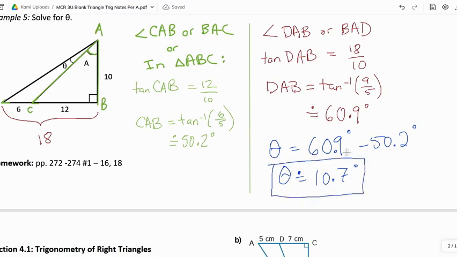Folks, with the last 5 minutes, do you want me to show you how to solve the last question on the test? No? Okay. The one we just had. Yeah? Okay, let me stop the